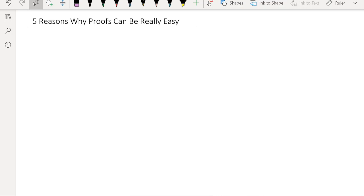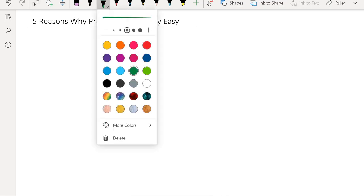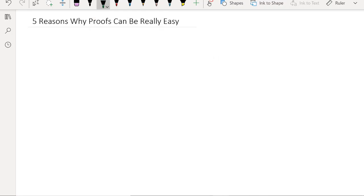So, 5 reasons why proofs can be really easy. Before we jump into the 5 reasons, which is actually a play on words, and you'll see what I mean in a second here, let's start with an example and use that as my reason for why these can be really easy. And when I'm talking about proofs, I'm talking about two-column proofs here because this is meant for